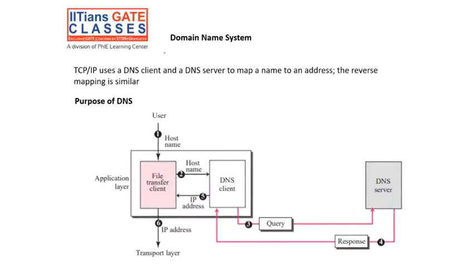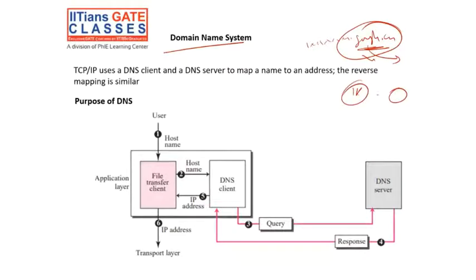Now domain name system. You know, www.google.com, this is your domain name, right? So first of all, if you need some data from the Google server, we have to map this name to an IP address, because everyone is working on IP. I need the IP, then only I can route my packet through the network, right? Because you know in the TCP header, in the IP header, you need IP. From the domain name alone, it's not possible.